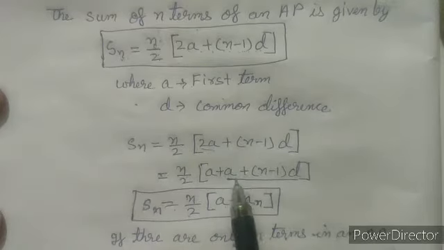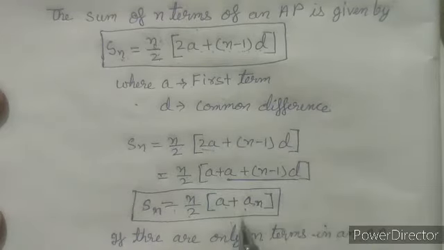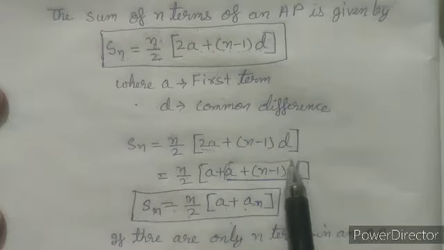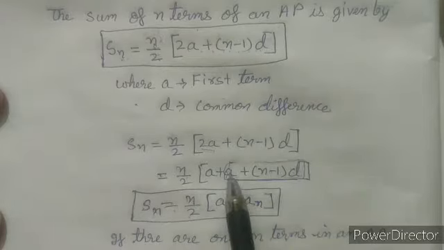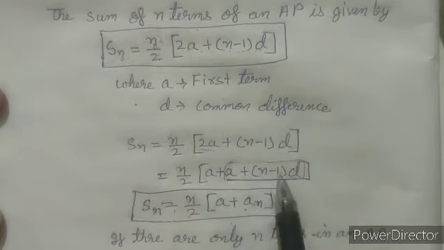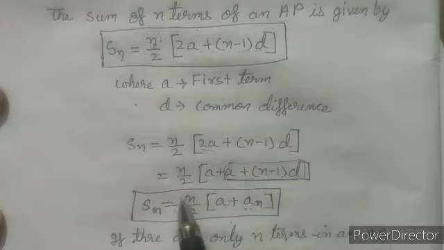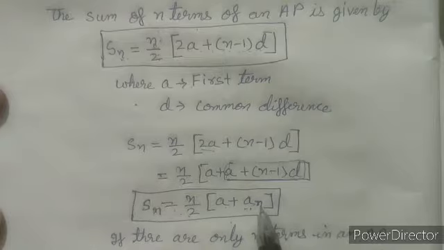Now as we know that a plus n minus 1d is the formula to find the nth term of AP, so in place of a plus n minus 1d, we can write an. So in case we have to find the sum of the first n terms of the AP and the nth term is given to us, then we can apply the formula as Sn equal to n by 2 into a plus an